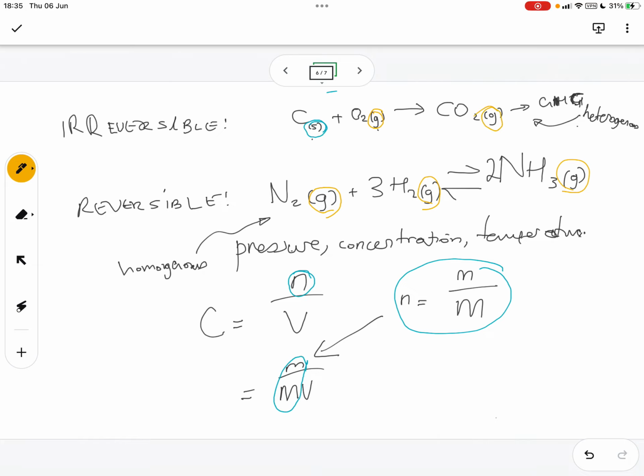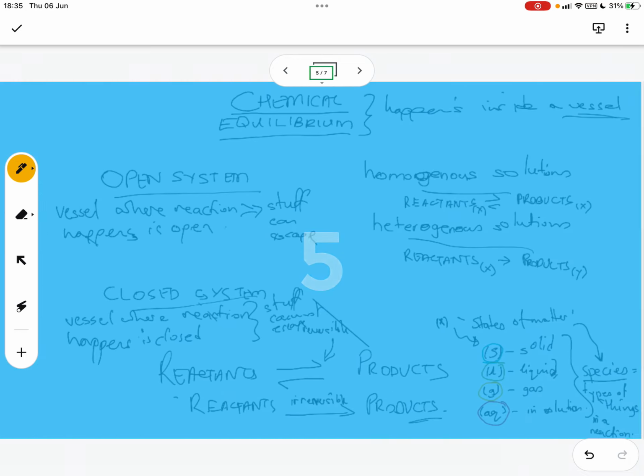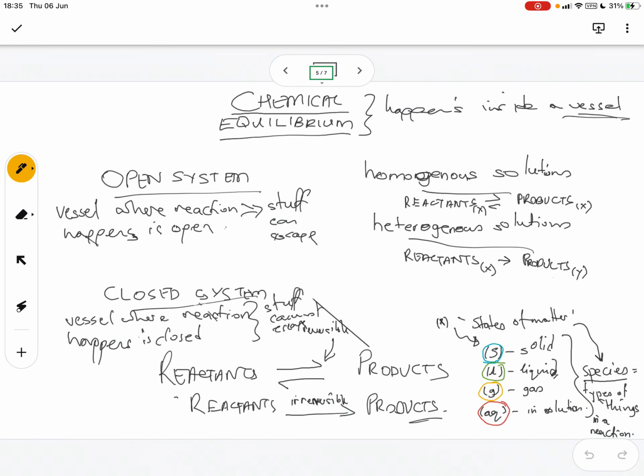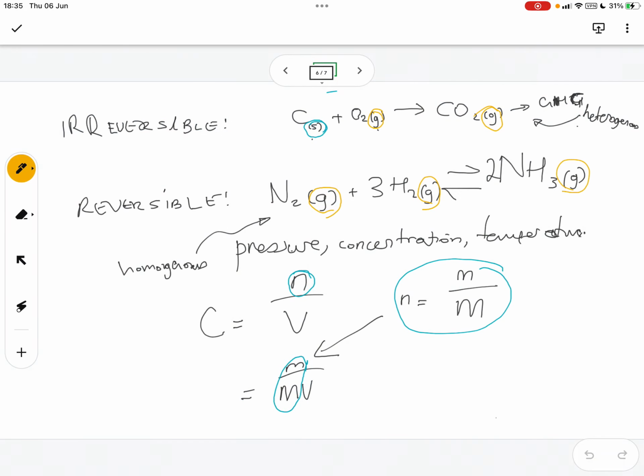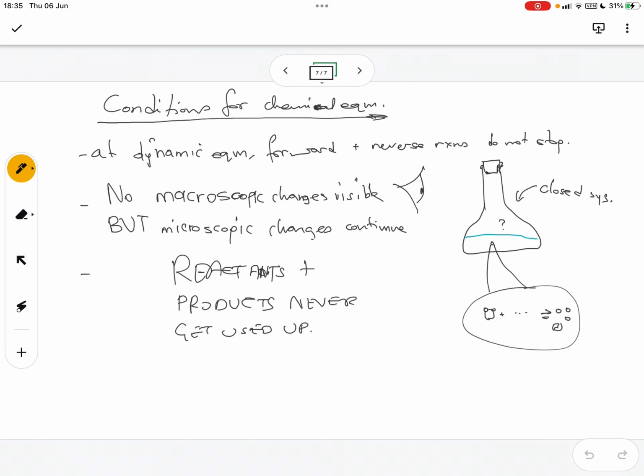Sometimes you will get substances that start out as solids, and after the reaction, they form other types of materials. They become other types of species, and lastly,